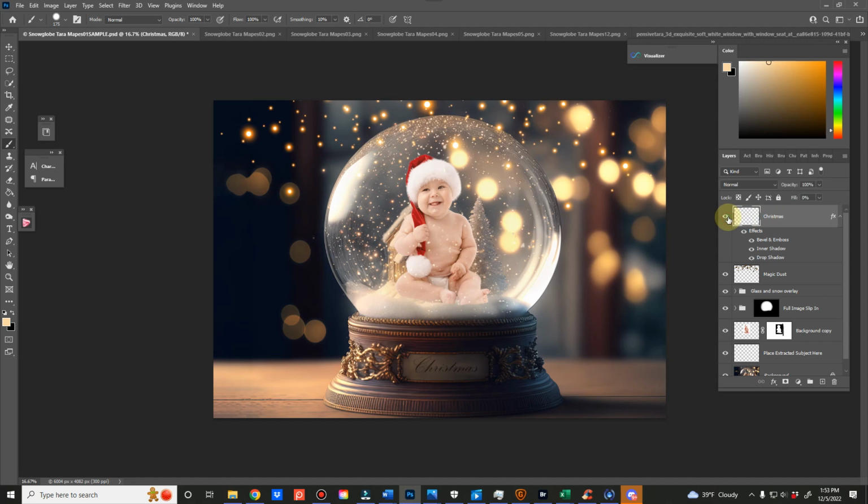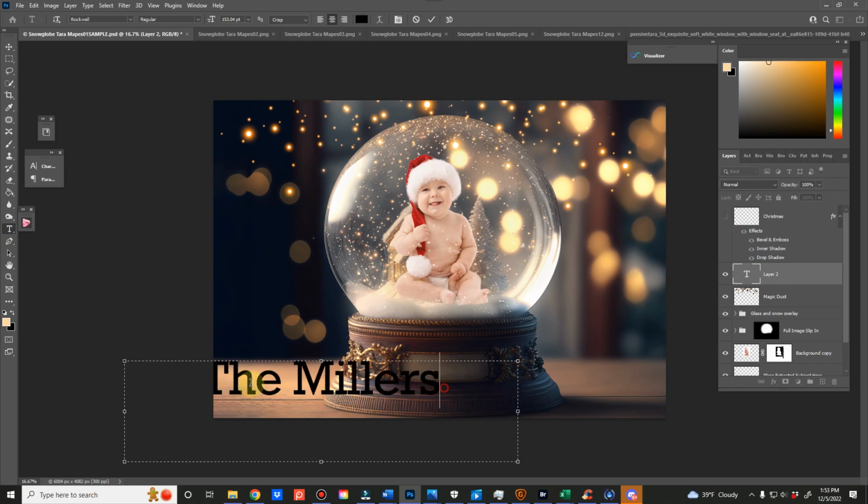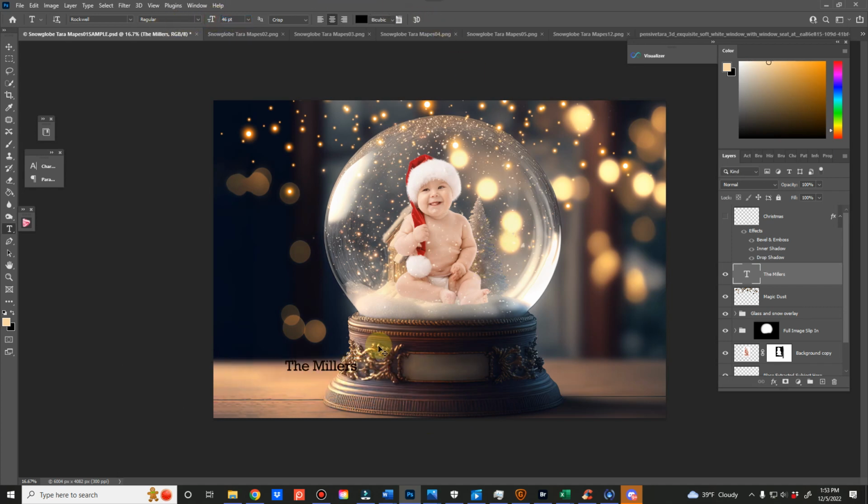If you don't want it to say Christmas, or if you want it to say your family name or the year, just turn it off. And you can add your own text. The Millers, which I don't, that looks like I have very large font size up there. And then whatever your font selection is, you can choose from that. And if you do, you can always change the opacity to kind of make it blend a little better into the background. So this is the tutorial that I'll keep up for all of the different snow globes that I've had